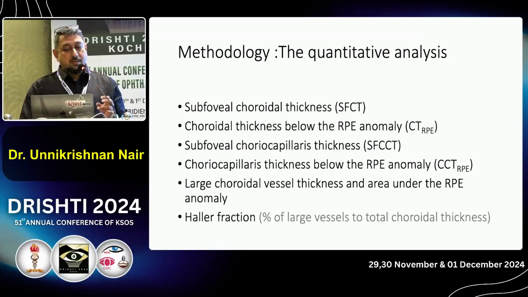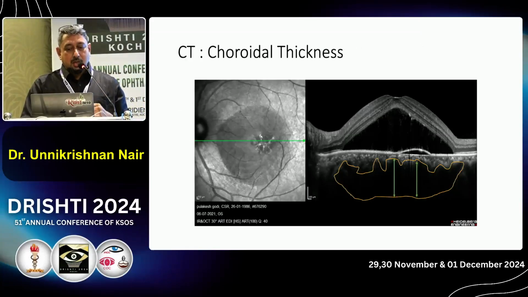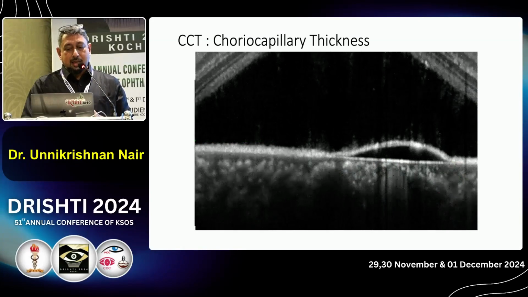In the quantitative analysis, we looked at thickness underneath the fovea and underneath the lesion. We checked the choriocapillary thickness, the large vessel diameters and areas, and also something called the Haller fraction. What was the fraction of the total choroid that was occupied by the large choroidal vessels? So this is how we looked at the choroidal thickness underneath the fovea and underneath the lesion. Again, this is how the choriocapillary thickness was measured under the fovea and